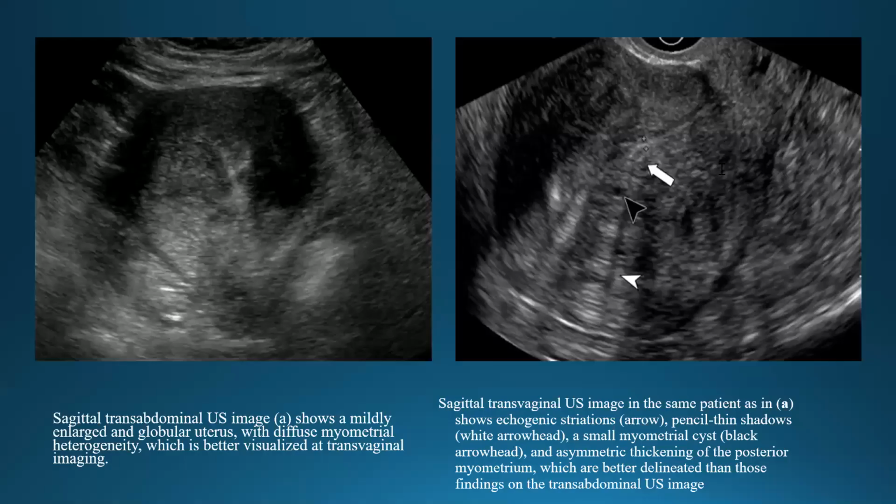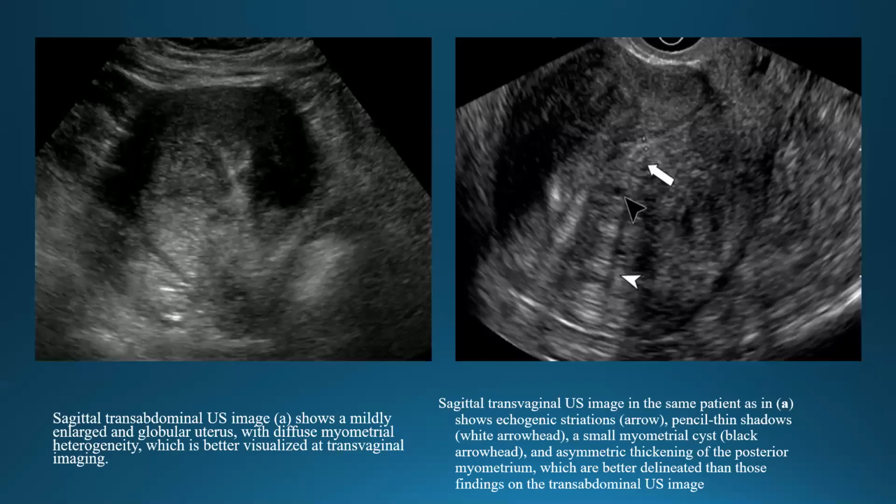Yes, yes. Okay. So this is an abdominal 2D ultrasound picture. It shows us a diffuse myometrial heterogeneity, which is better visualized when we use the transvaginal ultrasound. I put these two pictures to give you the same picture you are seeing with the transabdominal probe. This is when we did the transvaginal probe, you could see much better. You could clearly visualize the myometrial cysts, the shadowing we talked about, the heterogeneity of the myometrium, and the diffuse enlargement in the posterior myometrium.